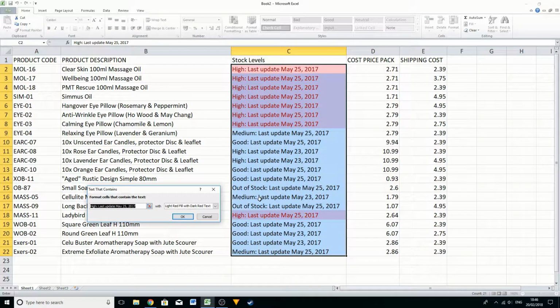Click on there. Now it's automatically changed it to "high". What it's done, it's taken this data from the first cell in that column, and it's automatically put it to light red fill with dark red text. Problem with that is, it's got the high, but then it would have to have that date, and as you can see there's some high with different dates there. So the only thing we need it to look at is the high. So if we remove all of that information like that,